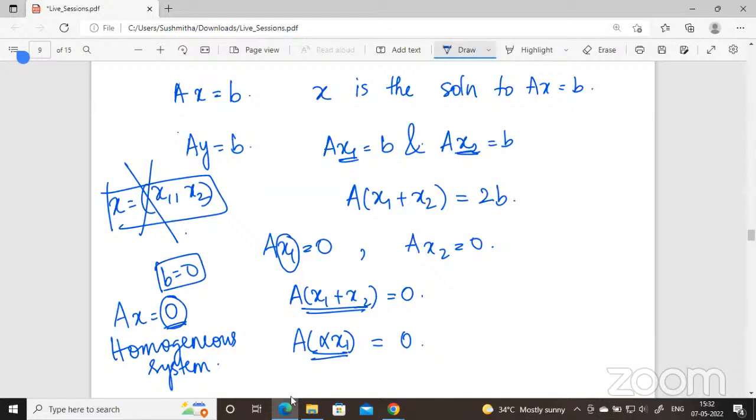Madam, can we say that a zero vector is a scalar vector? Some special cases, can we say that? What is a scalar vector? No, a scalar matrix. Sorry, madam, a scalar matrix. Yes, this is a scalar matrix, because this is a diagonal matrix whose diagonal entries are equal.